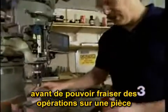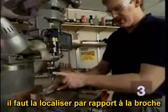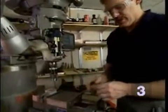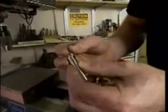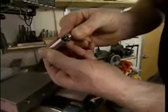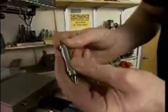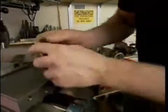Before you can start machining features into a part, you have to locate the part relative to the spindle of the machine. To do so, you use what's called an edge finder. This tool has a little spring inside, which allows the end of the tool to slide around. The way this works,